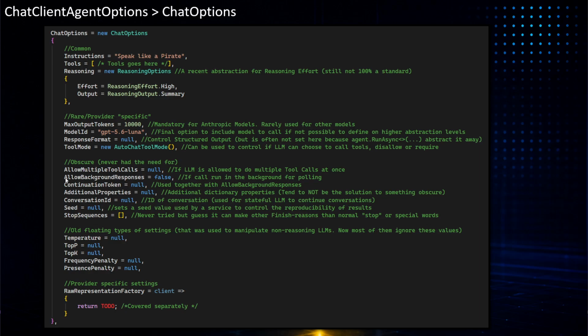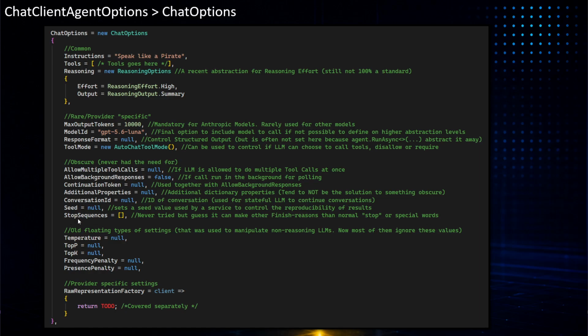And there's two options for allowed background responses and continue token. I have dedicated videos about these two, but it's about if you have an LLM call that takes lots and lots of time, you can actually defer the call, say, go work on this, and then I can sit and poll to say, is it done yet? Is it done yet? And so on. Again, I have a dedicated video on it.